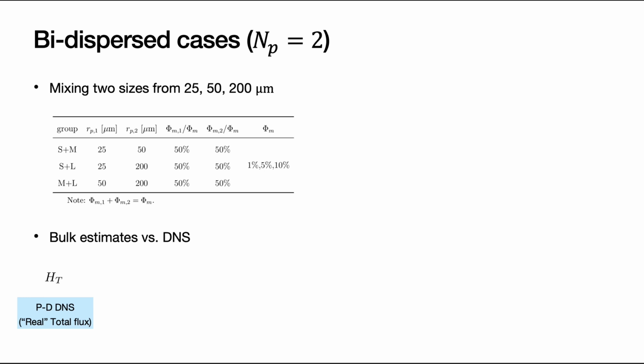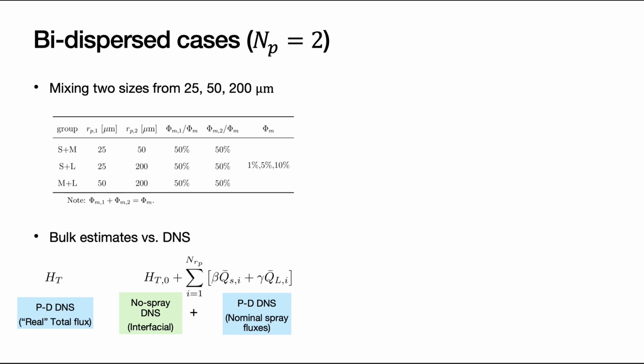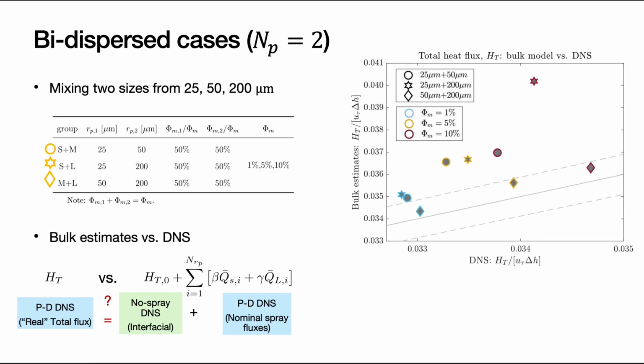On the right-hand side, basically, it is a bulk prediction with the correct statistics of the temperature and mass change of each droplet sampled in this simulation. So in this figure, you can see the DNS value is on the horizontal axis, and the bulk estimated value, which is the right-hand side, is printed on the vertical axis. Three different shapes mean different groups.